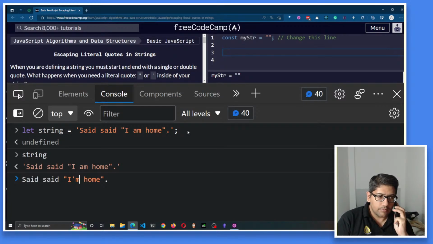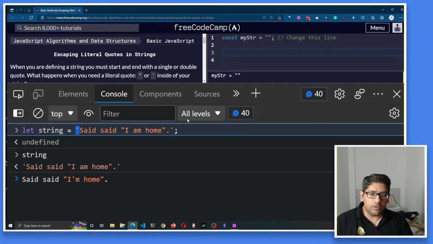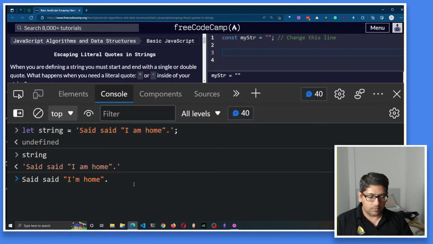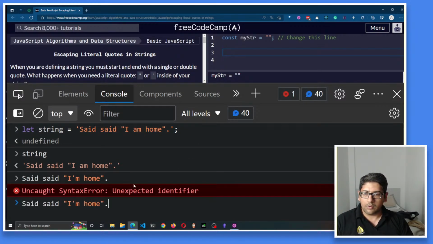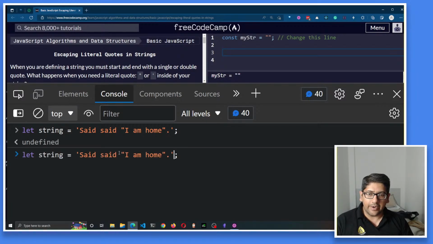So I want to put an apostrophe here. If I try this, let string equal to single quote, and copy this, clear this. This is how we declared it, right? Now if I come here and try making this apostrophe m,